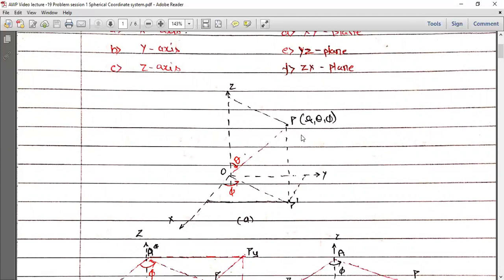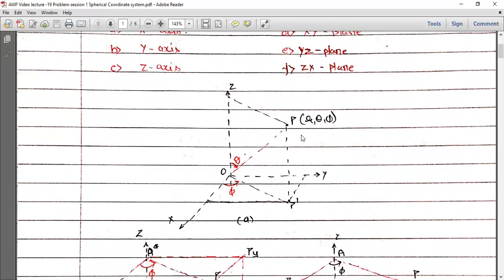Okay. So if you need to find the coordinate of any point P in spherical coordinate system, first of all you have to assume a frame, a rectangular coordinate system, with respect to which we will find the spherical coordinate system, for any point. And when you have a rectangular coordinate system with you, you assume that particular point in that coordinate system, and distance of that point from the origin itself will be the first coordinate, the coordinate r.